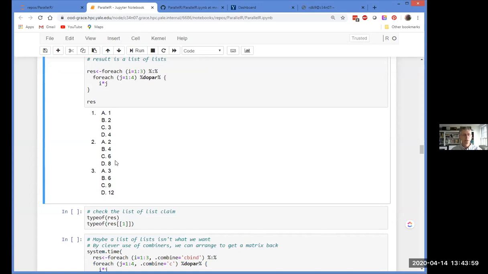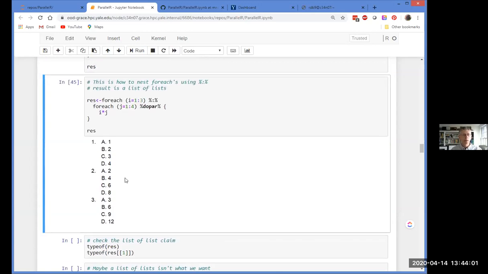I didn't put a spin in here, so the execution was very fast, but we can see that the output is what we expect. Now, again here, Jupyter is doing me the dubious favor of this kind of outline format, which I don't really like. That's what this 1A is, 2 and A. Our actual values are these values here in the column: 1, 2, 3, 4, which is 1 times 1 through 4, and then 2, 4, 6, 8, which is the 2 here for the i and all the j's and so forth. So we get this list of lists.